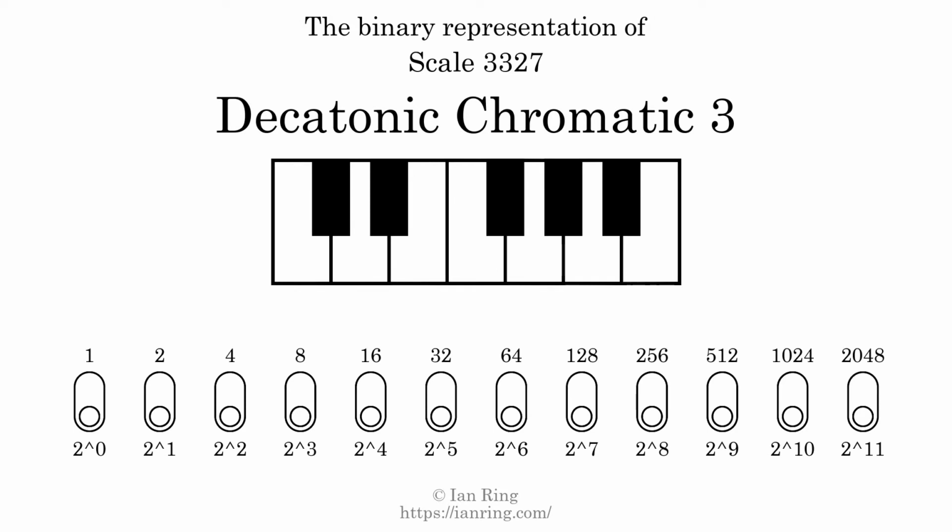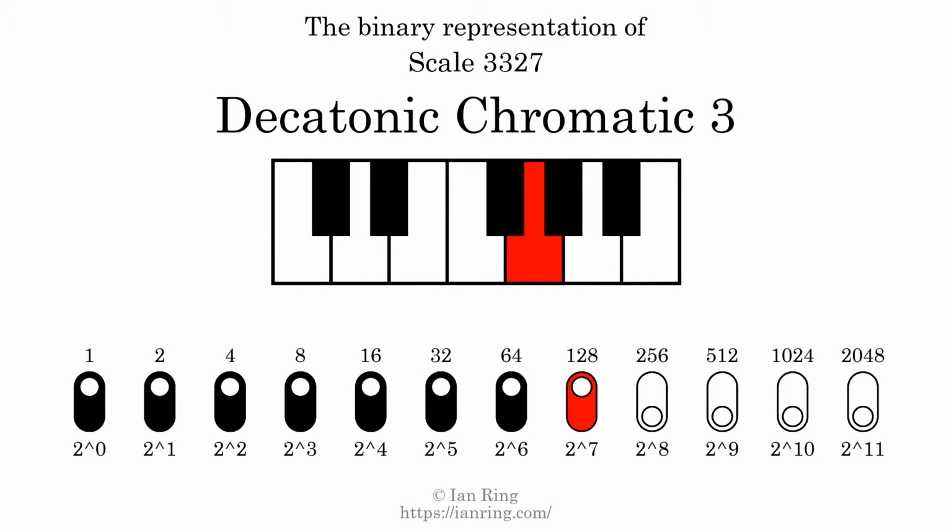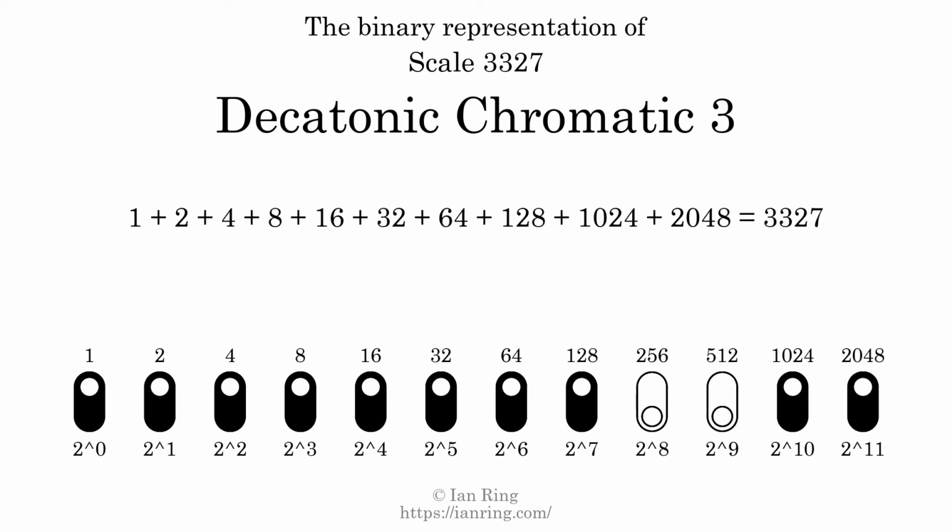The binary representation of this scale is determined by mapping tones of the scale to binary digits. Each binary digit represents a power of 2. To get the scale number, we add the powers of 2 together. The powers of 2 that are present in the scale, all added together, equals 3327. That is why the scale number, in decimal, is